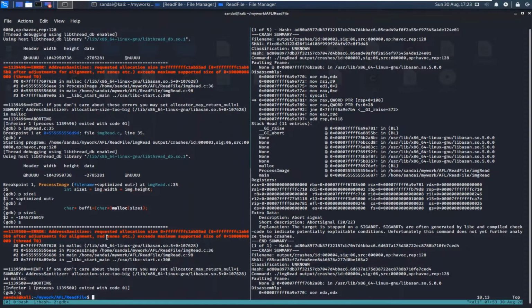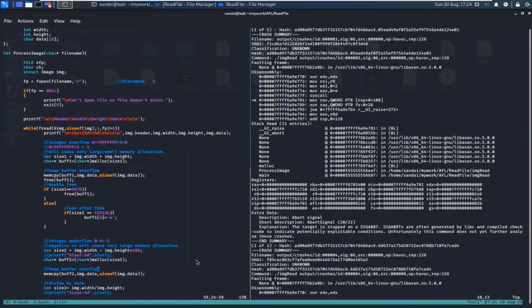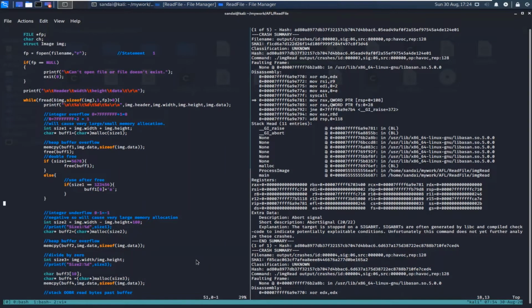Now let's go and see how we fix this issue. The crash was occurring at line number 36. So let's go and see our code. At line 35 you can see that width and height are getting added, and the result is getting saved in size 1.